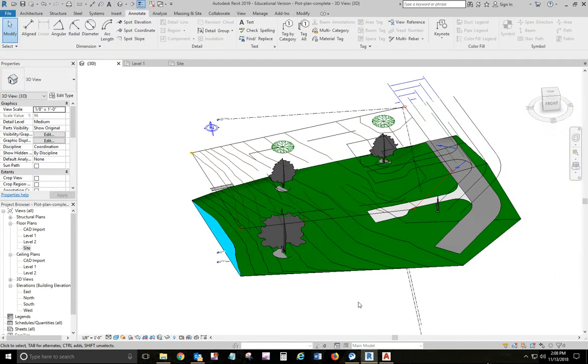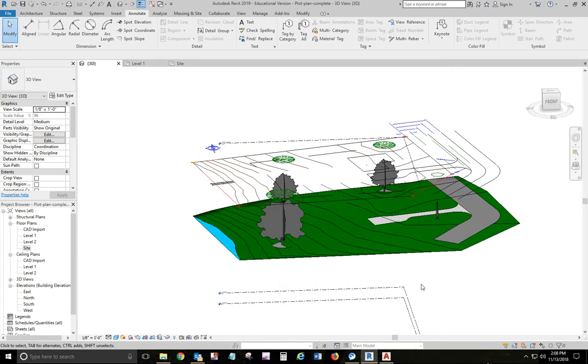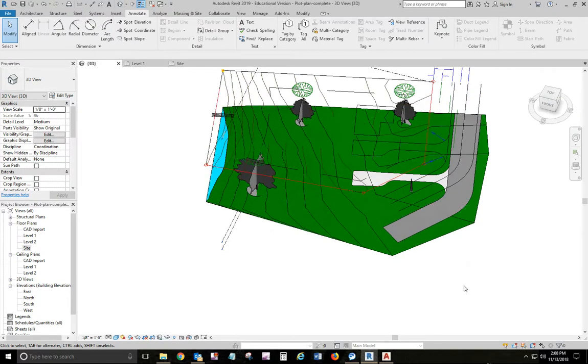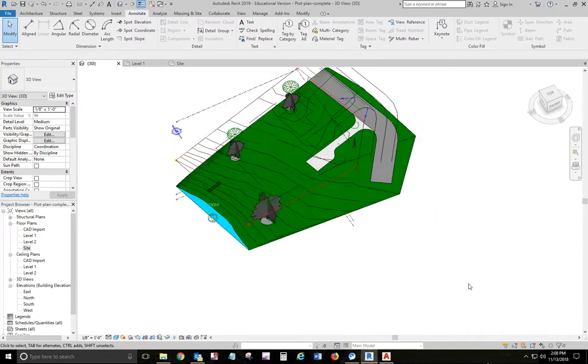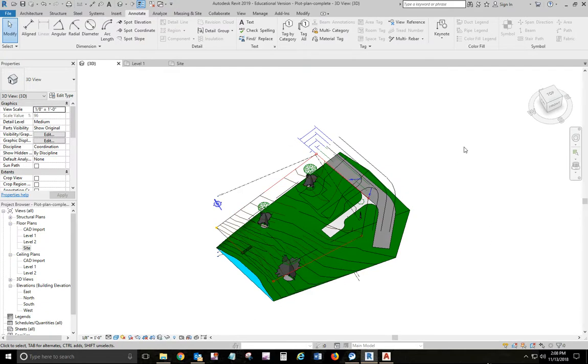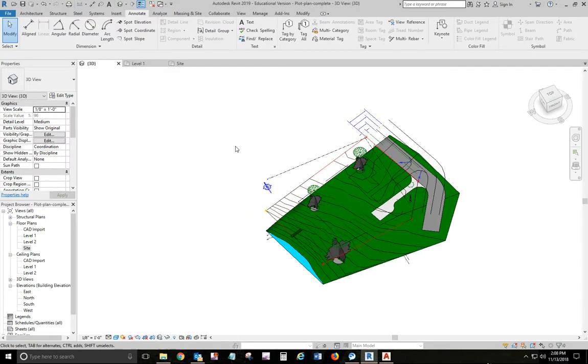Okay, and that would be the week 13 stuff. Week 14, we're actually going to put a house on it and then get it rotated around for the house. All right. Now, one thing I have not done yet that I would want you to do is go ahead and create